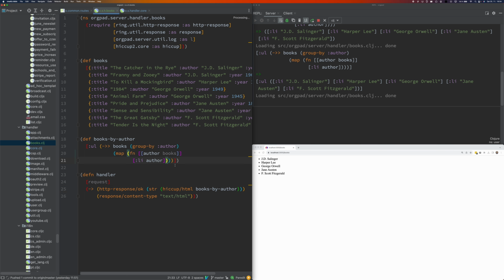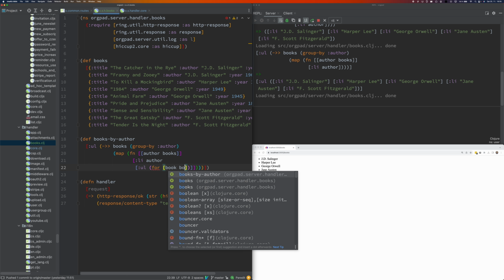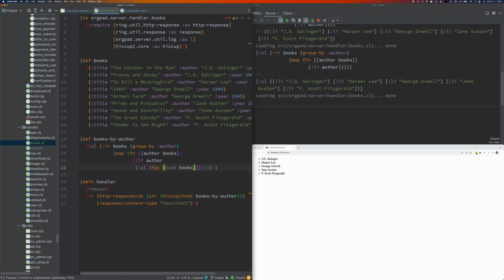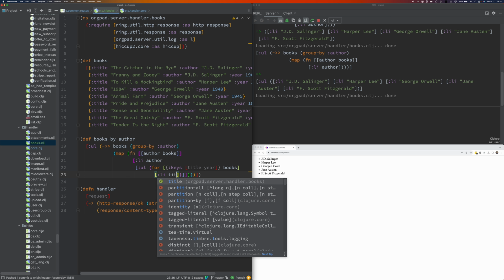Let's add their books as sublists. We do it. Let's do a list here, ul, and then we do for all the books inside books. And usually we just do some quick destructuring here. So let's do title and year, and we can maybe just display the title of the book.